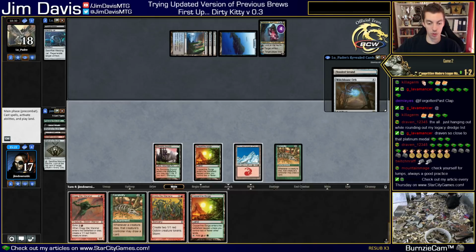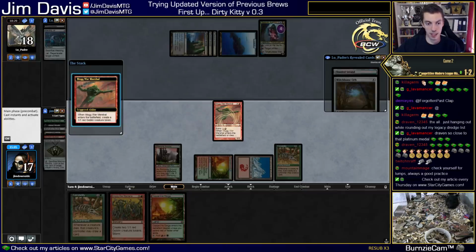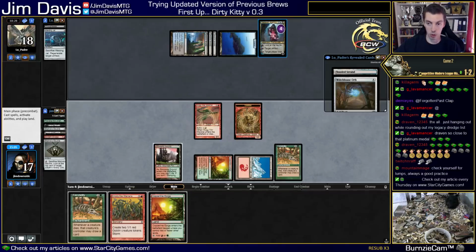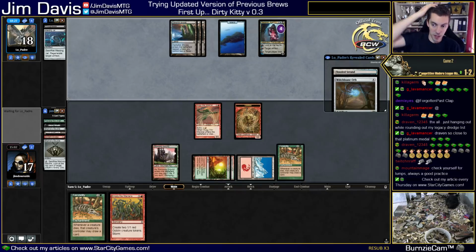Copperline Gorge. We could play the second Fecundity here and get a little greedy. If they have some way to remove my War Marshal, it's pretty bad. It's definitely nice to have something in play. Yeah, I'm just going to play the War Marshal. I'm not going to be greedy. 1 Fecundity is fine. They can't really remove it. The Marshal can also attack Tezzeret. This is fine. We also can Flashback Grudge if we need to. Which probably won't need to, but...